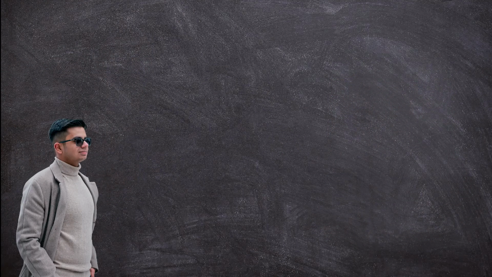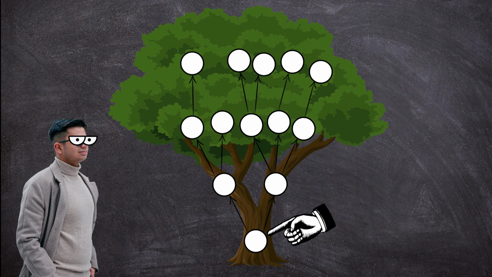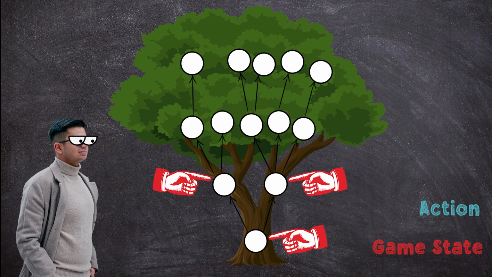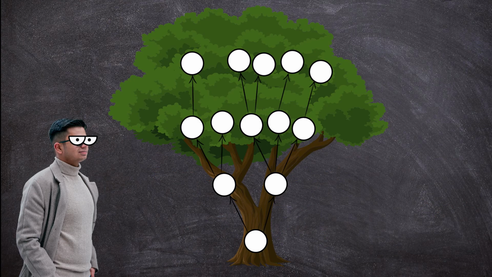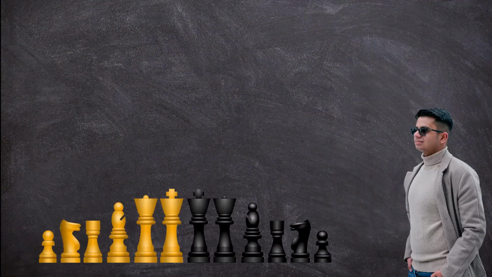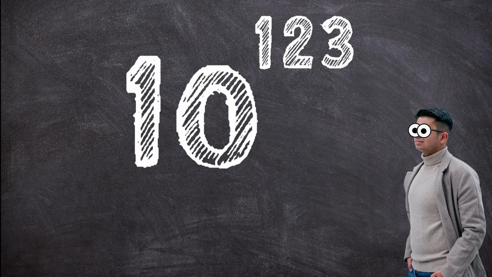Now, this information we can represent as a tree diagram, where a node represents a game state and an action is represented by a line. Thus, you get from game state to game state by performing actions. Therefore, the branching factor is the number of children at any given node, and you could also calculate the average by averaging this out over all the nodes that you have. For chess, the average branching factor is 10 to the 123, although compared to other games, this number is fairly